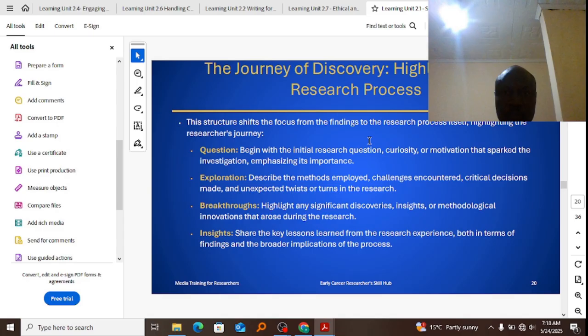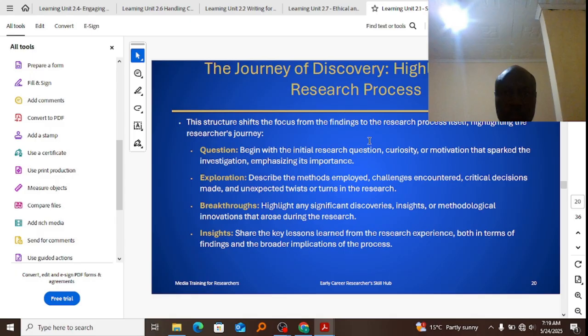The journey of discovery, highlighting the research process. The structure shifts the focus from the findings to the research process itself, highlighting the researcher's journey. Question: begin with the initial research question, curiosity or motivation that sparked the investigation, emphasizing its importance. Exploration: describe the methods employed, challenges encountered, critical decisions made, and unexpected twists or turns in the research. Breakthroughs: highlight any significant discoveries, insights, or methodological innovations that arose during the research. Insights: share the key lessons learned from the research experience, both in terms of findings and the broader